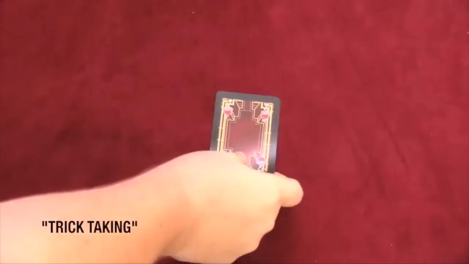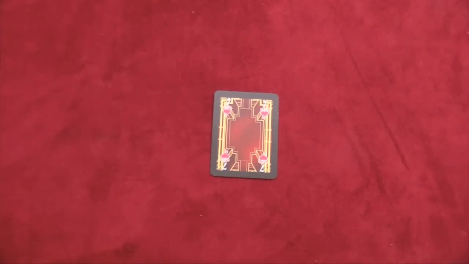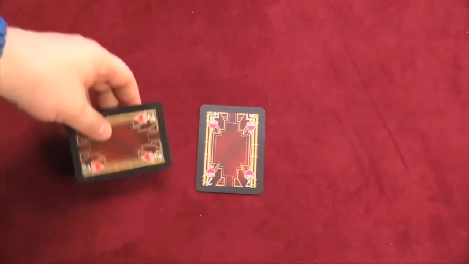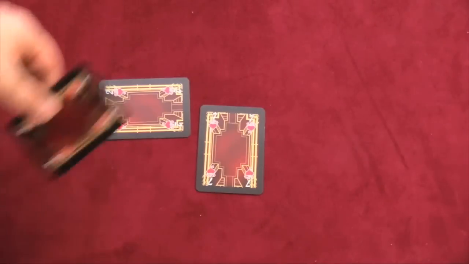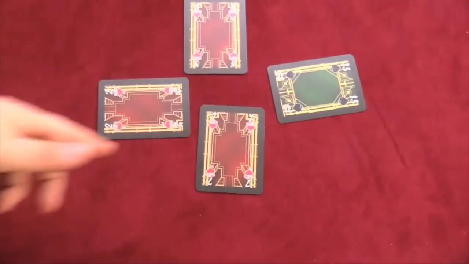A trick-taking game can often be played with a regular deck of cards, although there are many trick-taking games that have customized decks of cards. And in a trick-taking game, probably the most famous trick-taking game in the world is either hearts or spades. Usually the rules are one person will play a card of a certain suit, here they played a heart, then everyone else must also play a card of that suit unless they don't have one, in which case they can play a card of any suit.